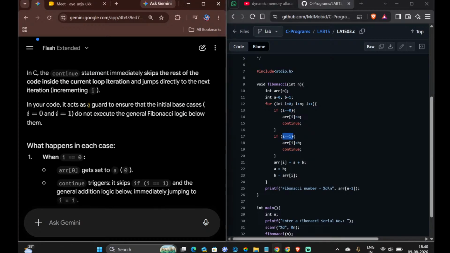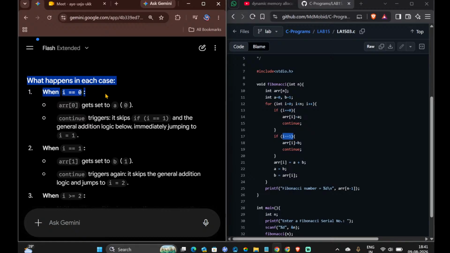Right. In your code, it acts as a guard to ensure that the initial base cases i equal to 0 and i equal to 1 do not execute the general Fibonacci logic below them. What happens in each case? When i equal to 0, r0 gets set to a0. Continue triggers, it skips the general addition logic below,